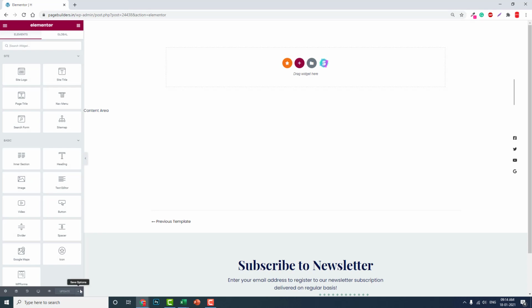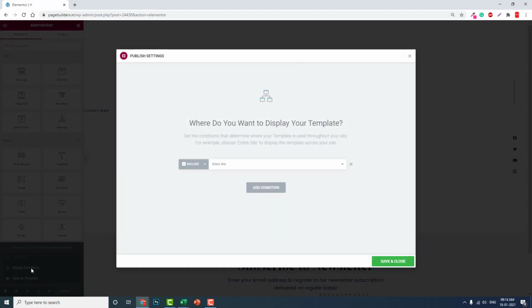Here you have save options. Click on the save options. Here you have display conditions. Click on the display conditions. Here you have to remove these display conditions to deactivate the header or footer template. If you remove this, then save and close,